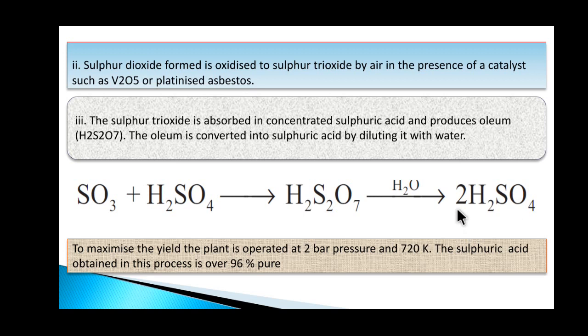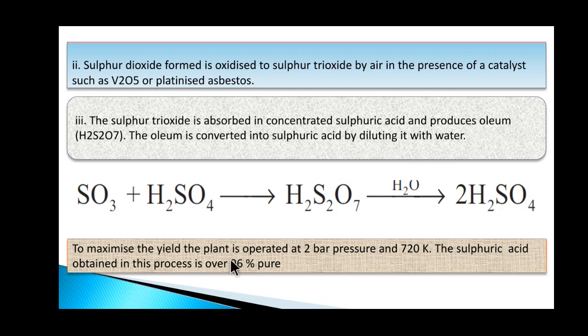Is it clear? So the molecular formula H2SO4, where the equation is balanced. Just check the product side, 4 hydrogen, here 2 plus 2 is 4, and sulfur 2, so the coefficient 2, sulfur is also balanced, and oxygen 7 plus 1 is 8, 2 fours are 8, so it is balanced.